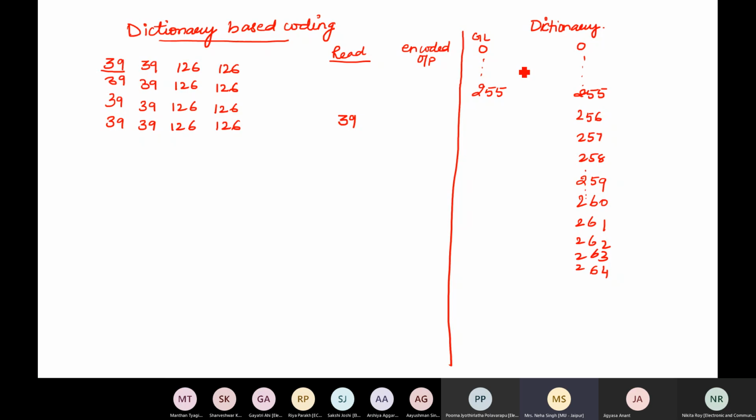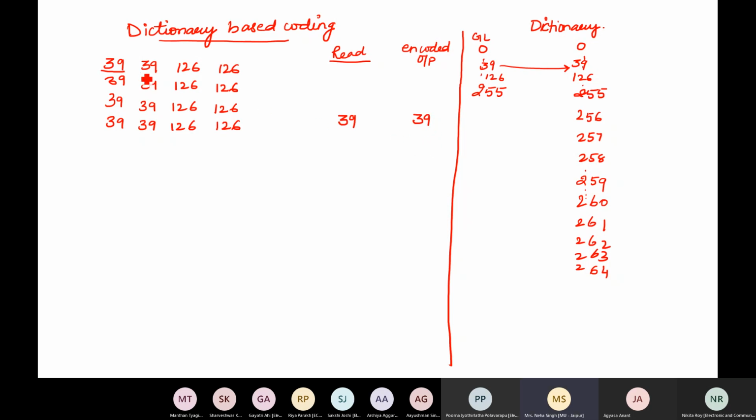So 0 corresponds to 0. So definitely 39 will correspond to 39 and 126 will correspond to the position 126. So now I look out for 39 in my dictionary. The 39 is encoded as 39 only. So I'll give out an output equal to 39.